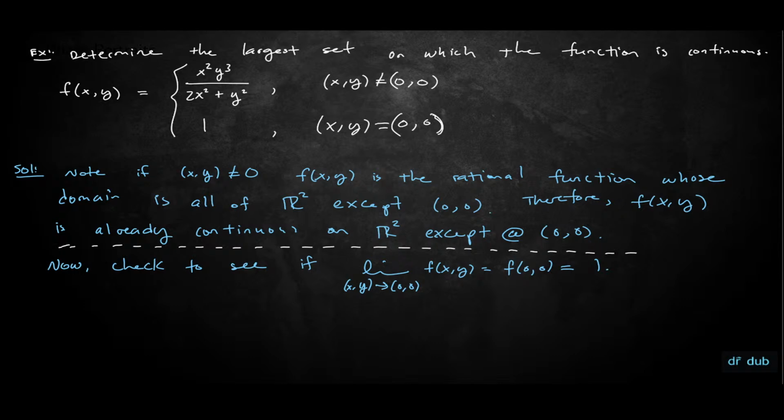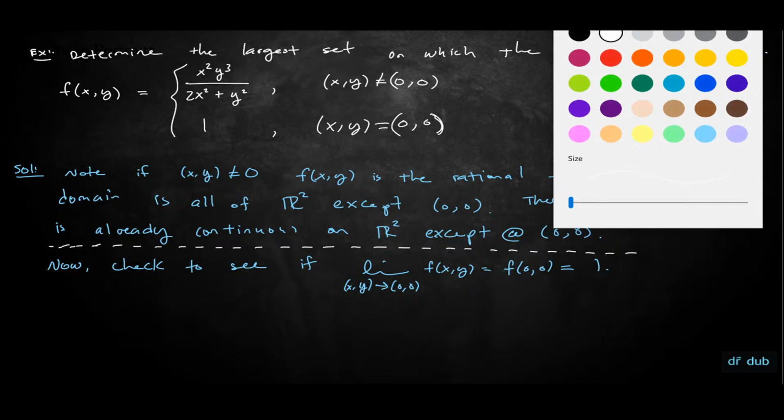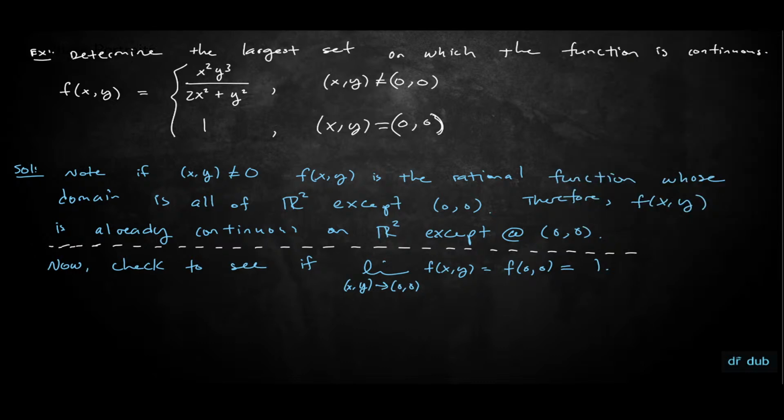Let's check the origin to see if we're continuous there, because we are defined there based on the piecewise part. So let's check to see if there is actually a limit there and if it's equal to 1. So what I'm going to do is switch over to polar coordinates. So the limit as xy goes to 0, 0 of x squared y cubed over 2x squared plus y squared equals